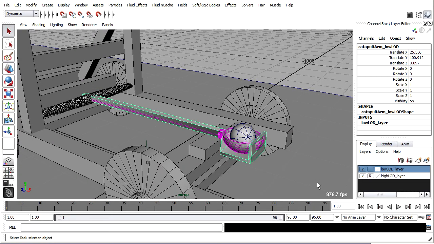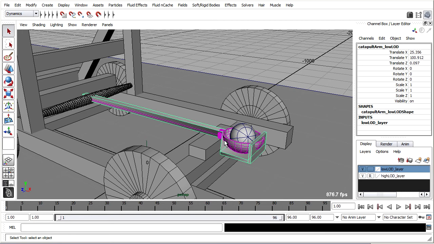The mechanics of our setup are not going to be physically accurate. In other words, a real catapult works a little bit differently than we're going to set it up, but we're going to set it up so that it looks good and it will actually work correctly with the tools. So remember that we're masters of illusion, and we're not trying to simulate reality, we're just trying to create the illusion of reality. So to that end, we're going to use the tools to their best advantage, and that means